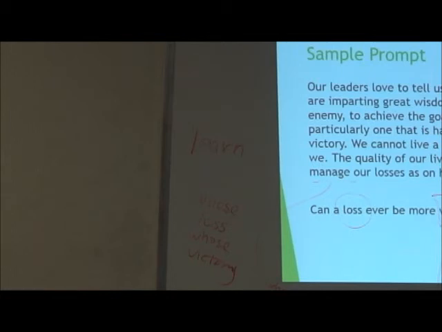Because most people say, I can learn from my loss, but the reason you're learning from losing is to actually gain a victory. So in the end, wouldn't they consider victory better than losing? Why do people say they can learn from losing? So they can win, right? So ultimately winning is more important. Possibly. That's a little bit of roundabout thinking. Possibly. I'll show you guys the next slide really quick because we're running out of time.